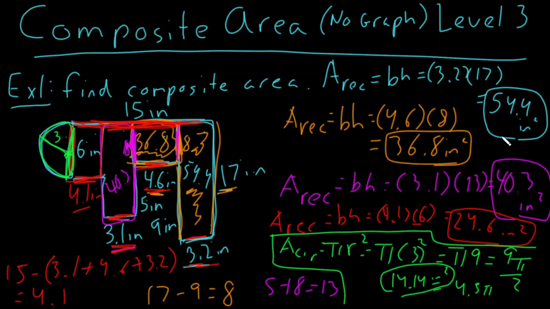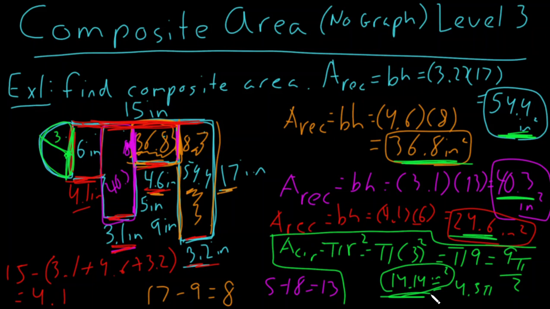Well, I know this seems like a lot, but we're one step away. We know that our very first area was 54.4, our second area was 36.8, our third area was 40.3, our fourth area was 24.6, and our fifth area was 14.14, and now we just want to take these 5 numbers and add them up. So 54.4 plus 36.8 plus 40.3 plus 24.6 plus 14.14, and that will give us